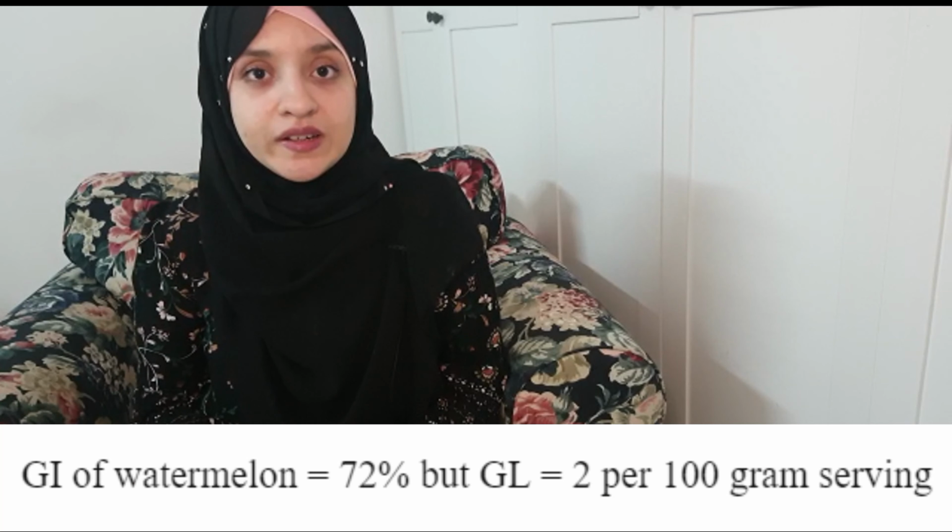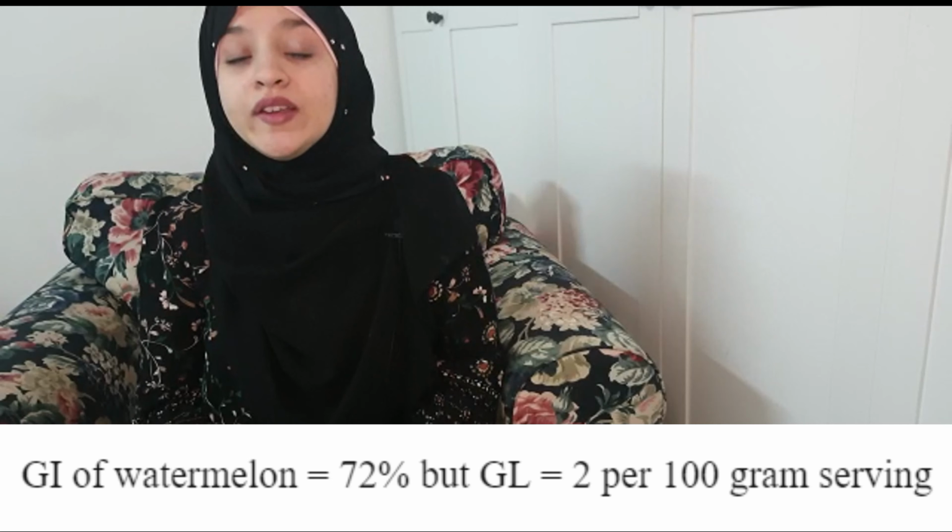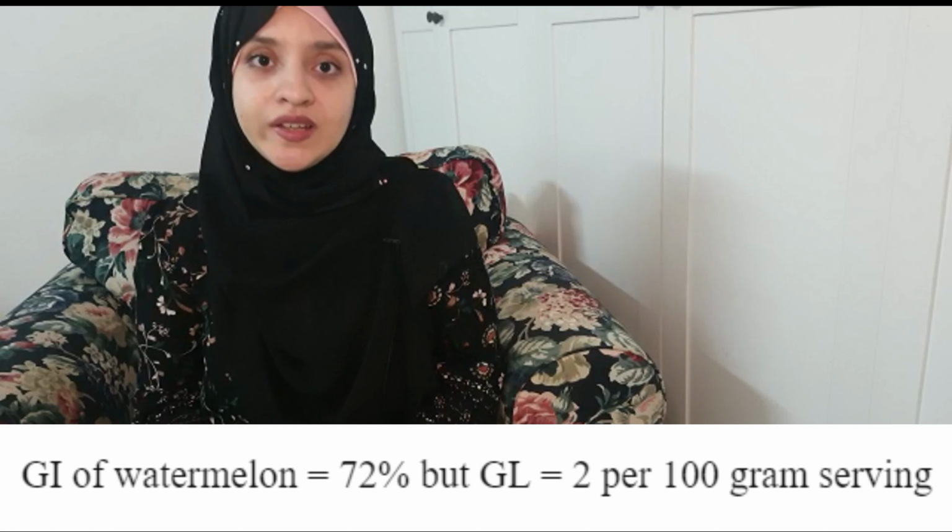The glycemic index of watermelon is 72%. But if I am having one serving of watermelon, that is 100 grams, that will give me a glycemic load of 2 grams only, which makes it a healthy option, because the glycemic load is 2, that is, it is within the low GL category. Understand that anything which is eaten in consideration of portion size will be healthy for you. Now whether you are having one slice of cake or the entire cake, that is going to make a difference in your glycemic load, obviously, because we are going to keep the carbohydrate count in mind.